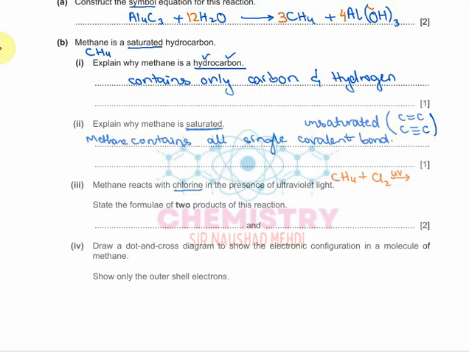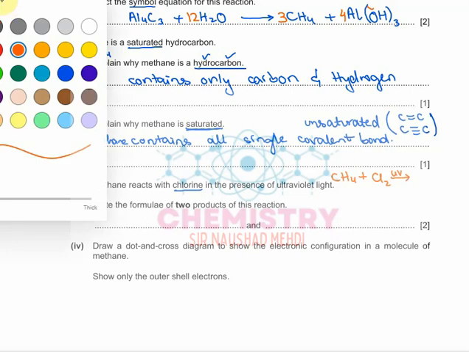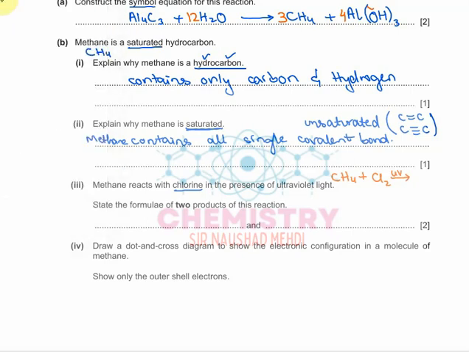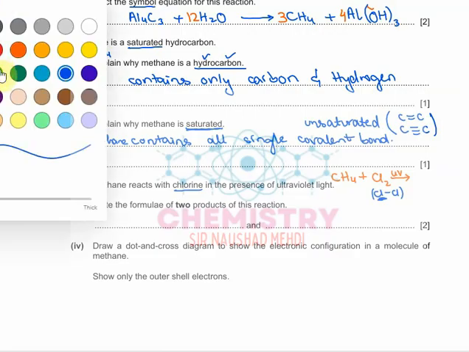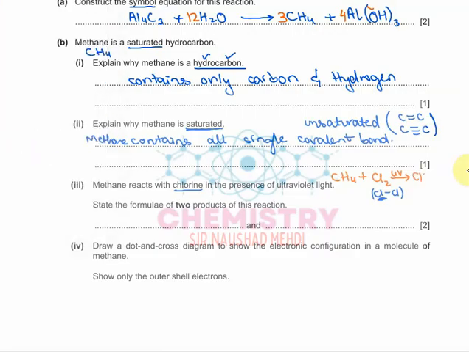So when we talk about the halogenation reaction of an alkane, which is methane right now, you all know that it is a substitution reaction, and in the substitution reaction one of the hydrogens of methane CH4 gets substituted by a halogen. So you have to replace one of the hydrogens with one chlorine atom. If you remove one hydrogen from CH4, it will become CH3, and the hydrogen you have removed is replaced by a chlorine atom, so it will become